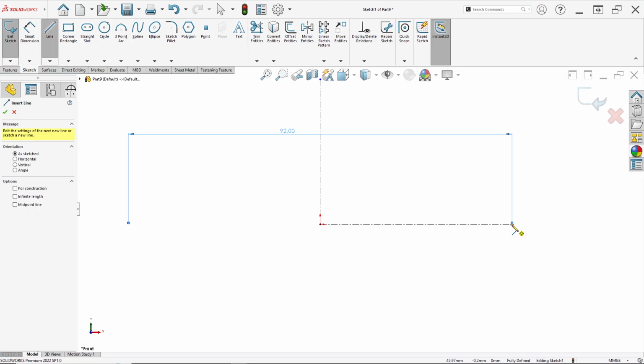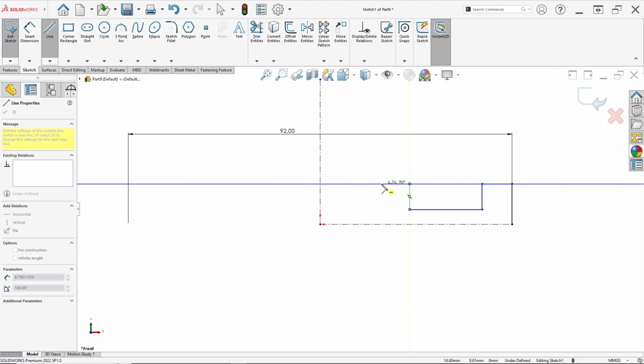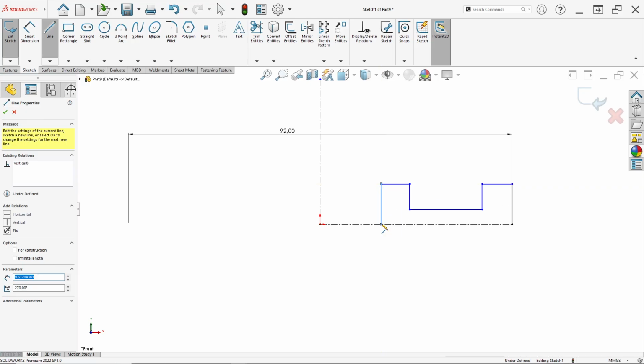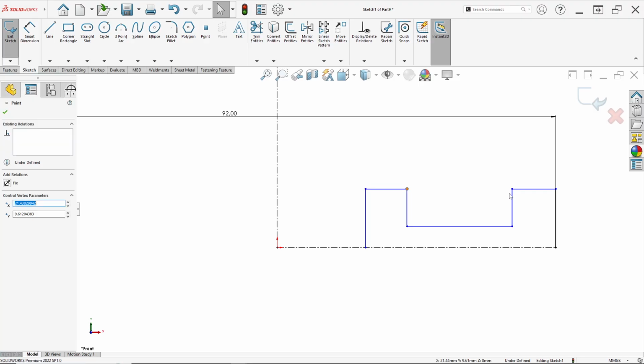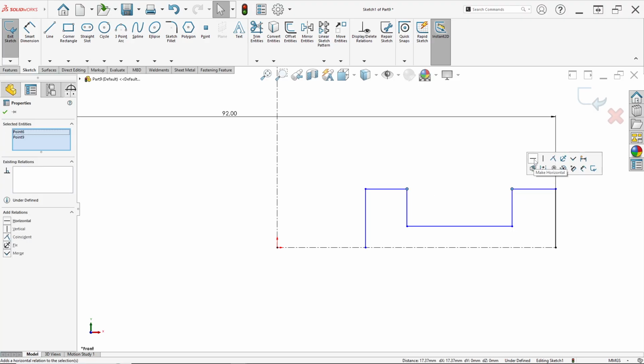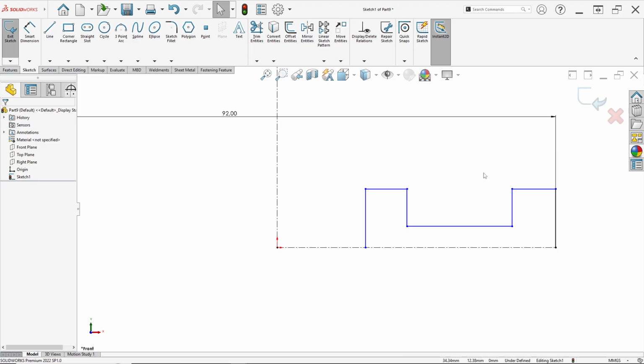Now we can draw line like this, this, this, this, this, and this. Ensure this point, click Ctrl and select this point. Just click make horizontal. Or this line, click this line. Just click make horizontal.